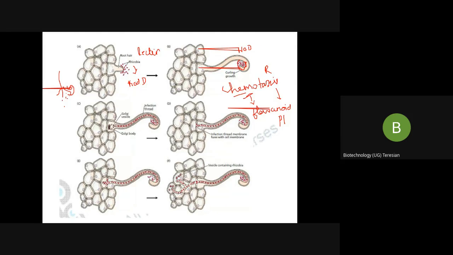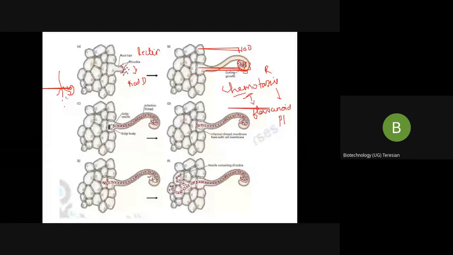Once these steps have happened, your rhizobium has gone and attached to the root hair of the leguminous plant with the help of the lectin. Where is the lectin present? It is present on the plant root hair, so they have anchored to it. After it is anchored, the NOD factors of the plant start curling the root hair. When the root hair is curled like this, all your rhizobium is inside the curled portion. Then the cell walls of the root hair degrade, so that the bacteria can have an easy entry into the plasma membrane of the root.